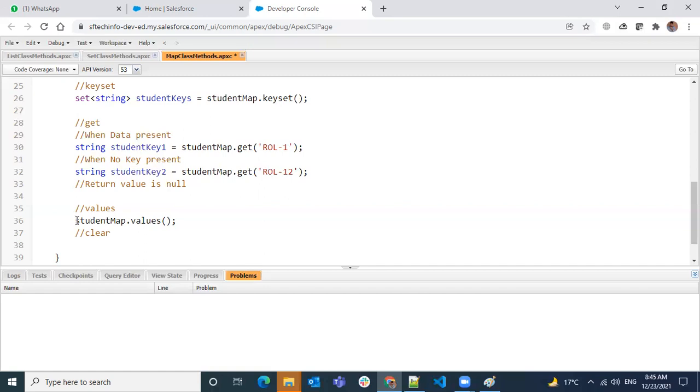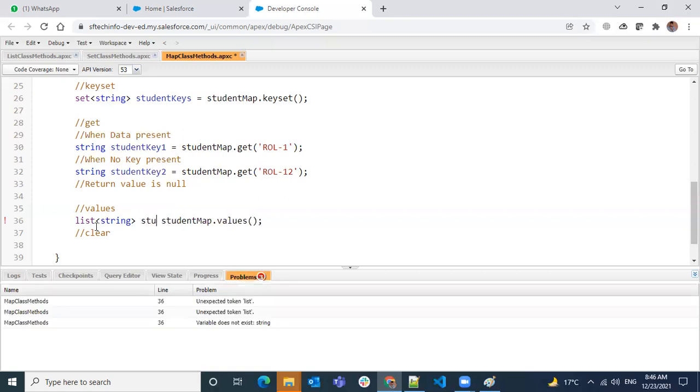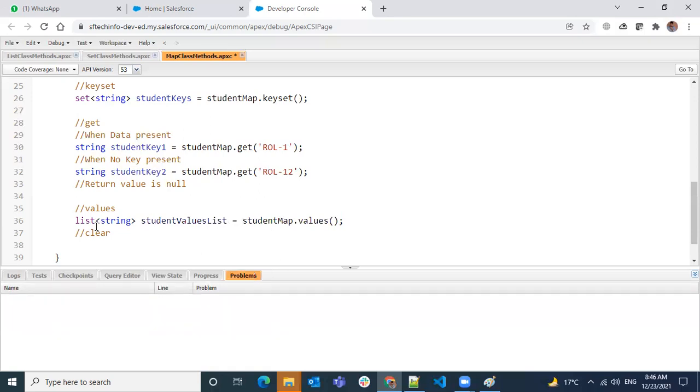So the return type should be a list, where duplicates are also allowed. So you will have all the values from the map in this return type. So student values list equals this one. This is how it works: the return type of values is a list and the return type of keySet is a set.